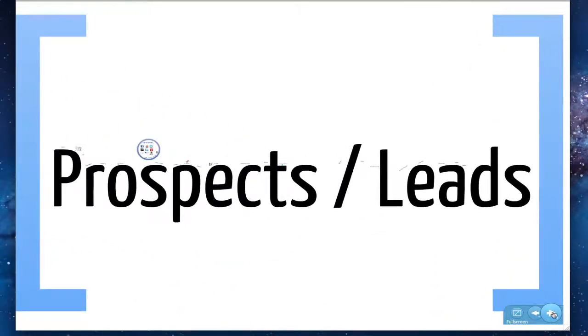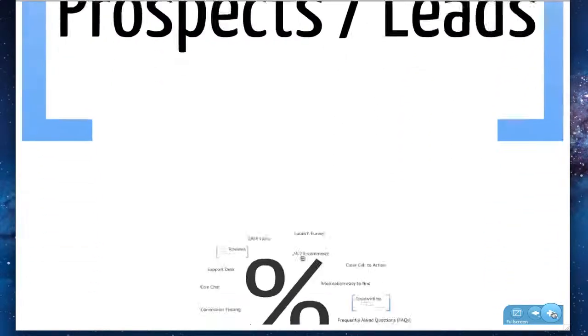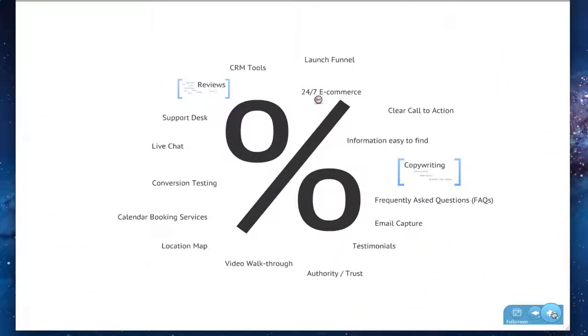So that is a whole heap of information there on how you can get new prospects and leads into your business using different aspects and different tools and websites on the internet. Next thing we're going to look at is, now we've got all these people coming to our website or our social media properties, how we can actually convert them and increase the percentage of people who turn from prospects and